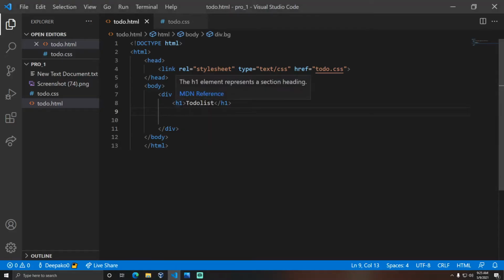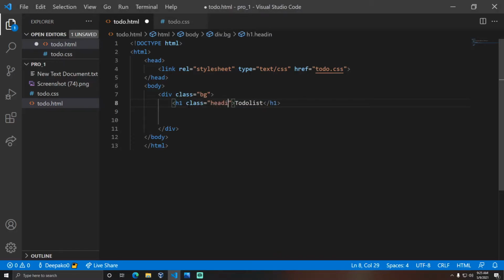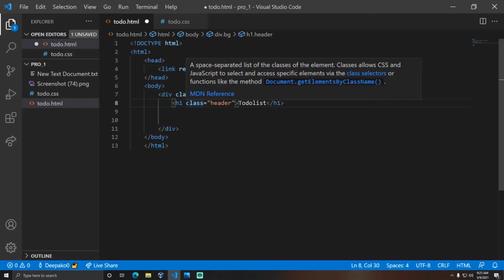Okay, here we got this to-do list. I think yes, it's hidden because the background color is black, so we cannot see it. So let me use another class called heading or header. In order to apply any styles for an element, you need to use a class. Just accept what I said right now.